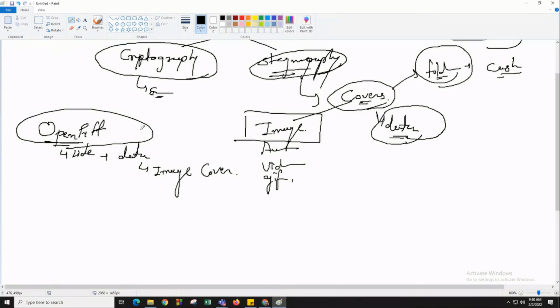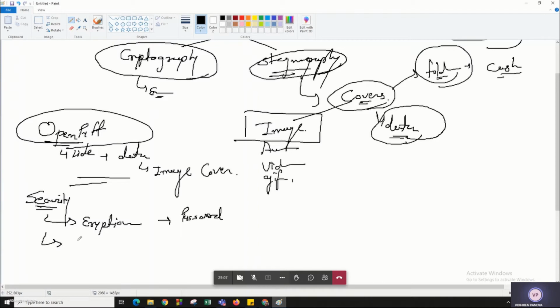Now, when we say unique layers of security, that means how it provides the security. Basically, for hiding the data, it utilizes 4 different techniques. First is encryption. That means on whatever data we have, it is going to perform the encryption operation. For encryption, it will ask the user to add a password. With the help of this password, it will encrypt the data. After encryption, it will scramble the data.